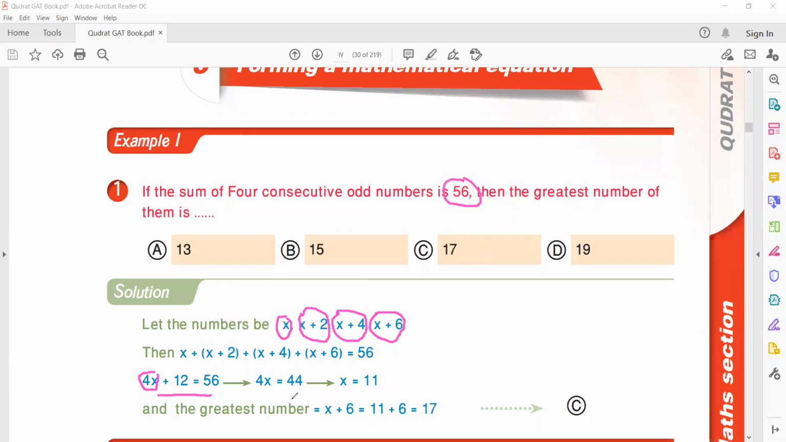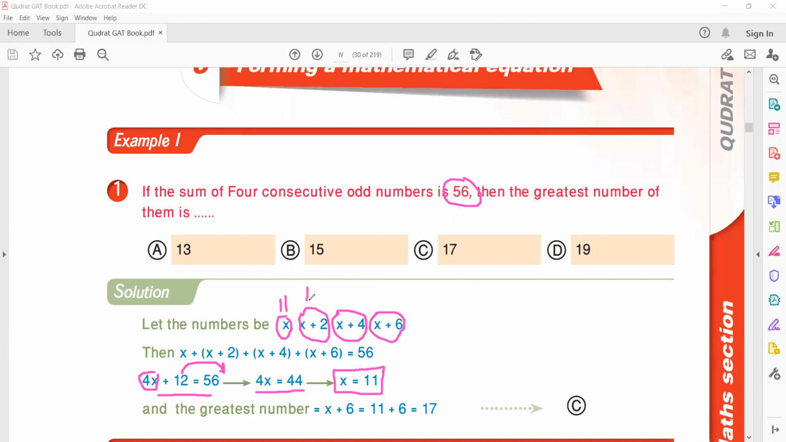We put 56, right? Then 12 goes to the other side. 56 minus 12 is 44, divided by 4. Then X equals 11, right? Then you substitute here. He asked for the greatest number, so we substitute 11, and the next number is 11